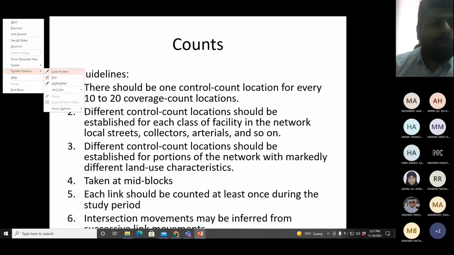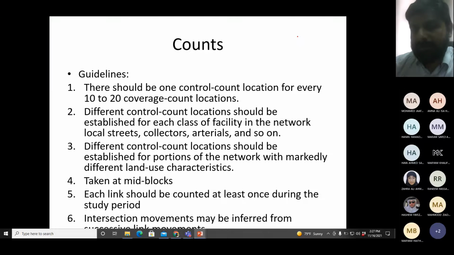Okay, so now the problem may be your client may not understand this. Your client may say, I need the count for the intersection as well. What should I do? The answer is in point number 5. Okay, point number 5 says all segments of the network must be studied either as control or as coverage. So there should be no segment left out. So you are studying all the segments. Some of them are control, most of them are coverage, but you do not leave out any of them. Okay, so this will give the answer to your client.